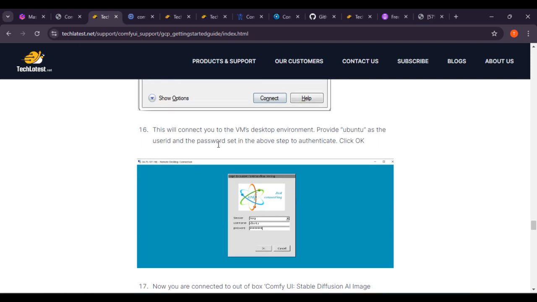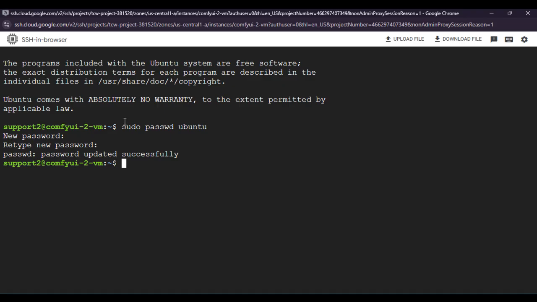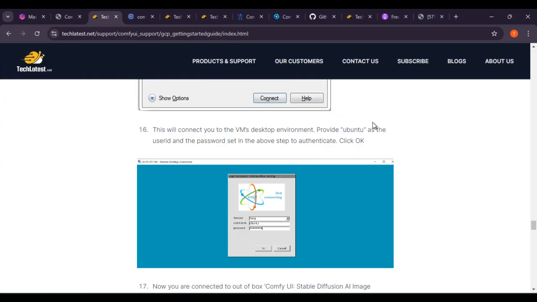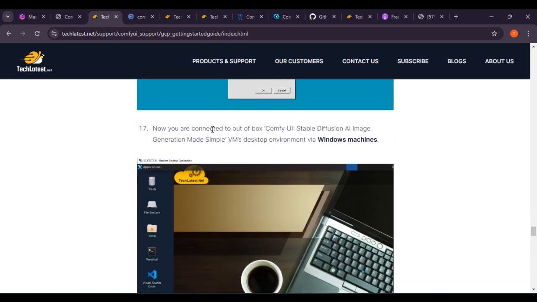Provide Ubuntu as the user ID and the password set in the above step to authenticate. So this is basically the password. If you check here, this is the password we have set up. We'll use this in the remote desktop connection basically. Okay, and the username is Ubuntu. Okay, so let's move to the next step. Now you are connected to the out of the box ComfyUI stable diffusion AI image generation made simple VM desktop environment